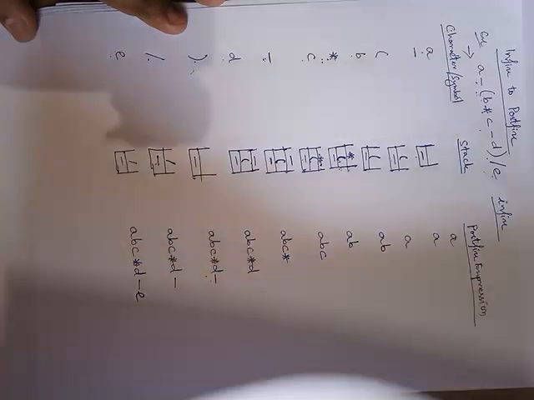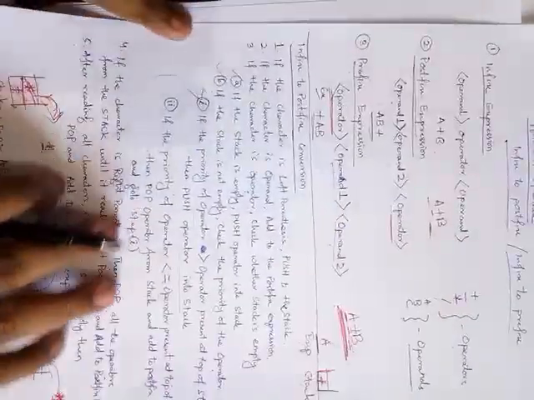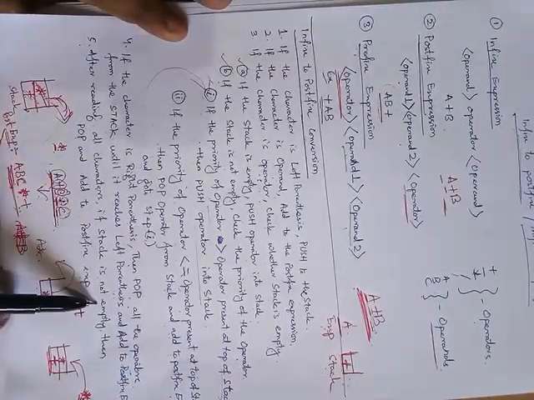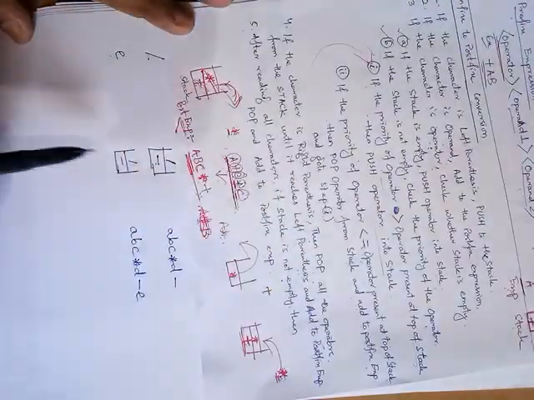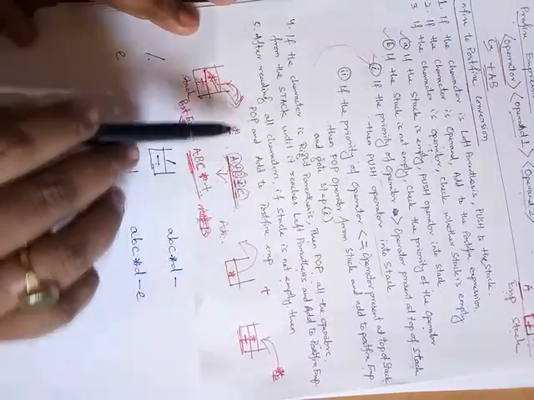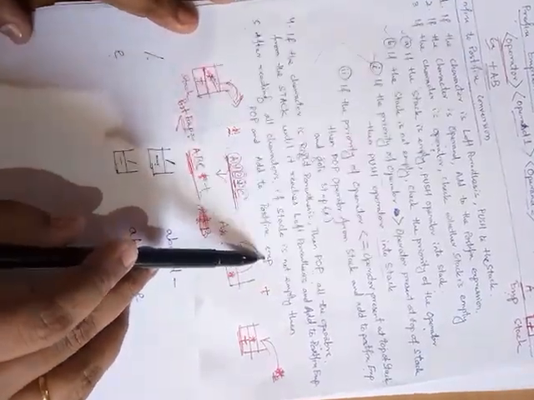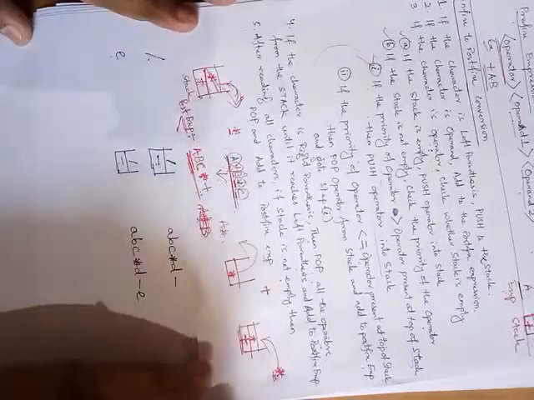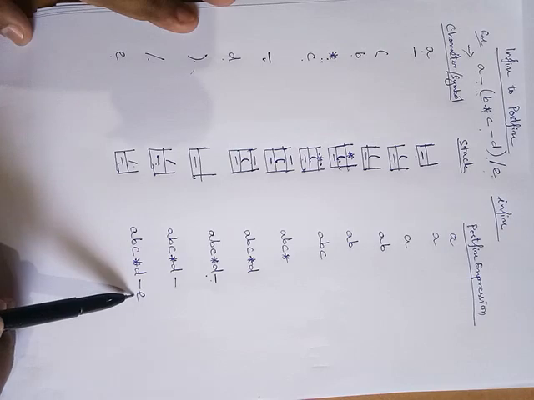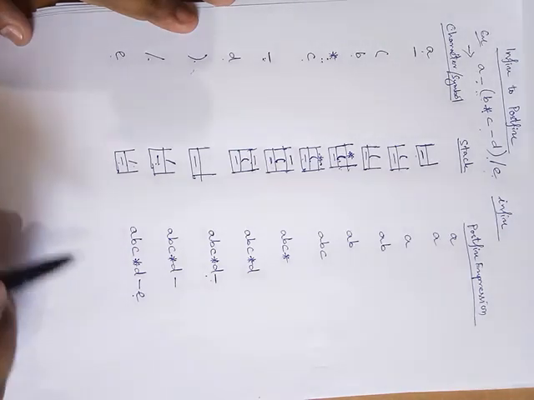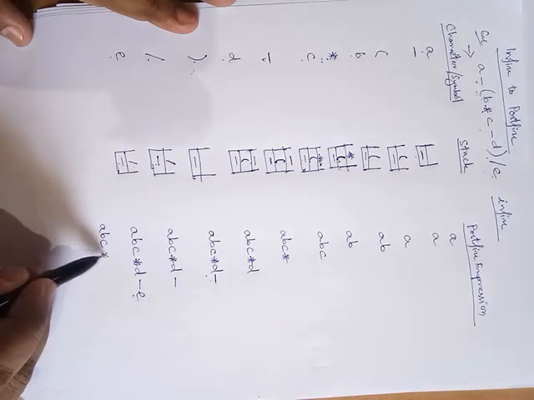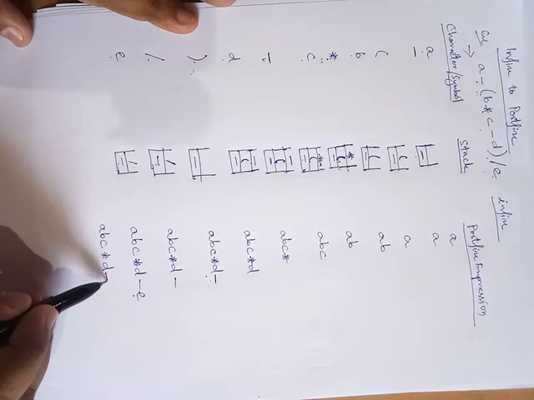Now we'll follow the last step here. After reading all the characters, if the stack is not empty, in that case, pop and add to the postfix expression. Now the stack is not empty because it contains minus and division symbols. These operators will be popped out and added to the postfix expression one by one. Now the expression will be A, B, C star, D minus E.